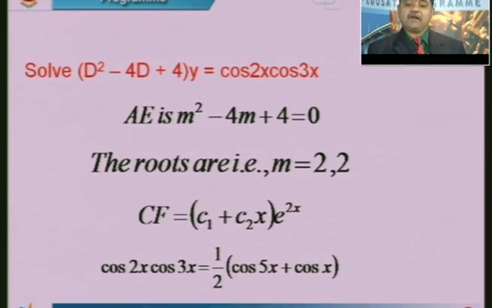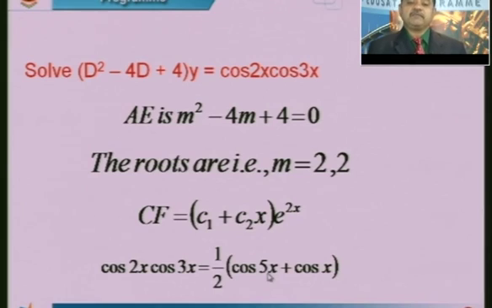Then you take the formula as I said. cos A cos B, A is 3x, B is 2x. 1 by 2 cos(A plus B), so 3x plus 2x, it will become cos 5x, plus cos(3x minus 2x), which is cos x. Why do we insist A should be more than B? In terms of cos, cos of minus theta will become cos theta, you won't get any mistakes. But when it is sine of minus theta, it is minus sine theta. So, you should be very careful in writing those solutions. That is why we insist, it is better that A should be greater than B. Then we do not commit any mistakes in writing these formulas.